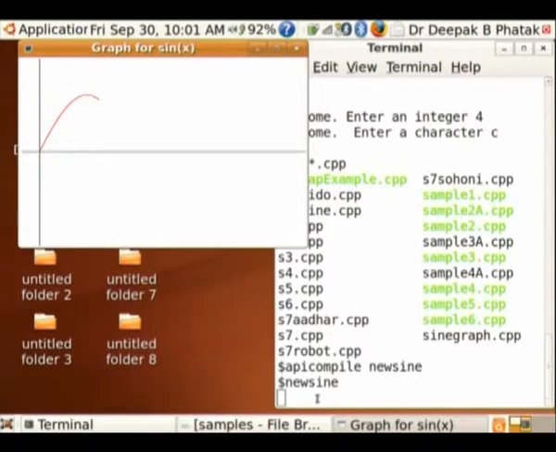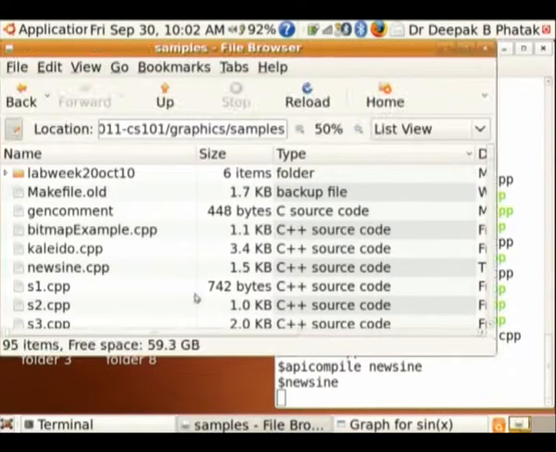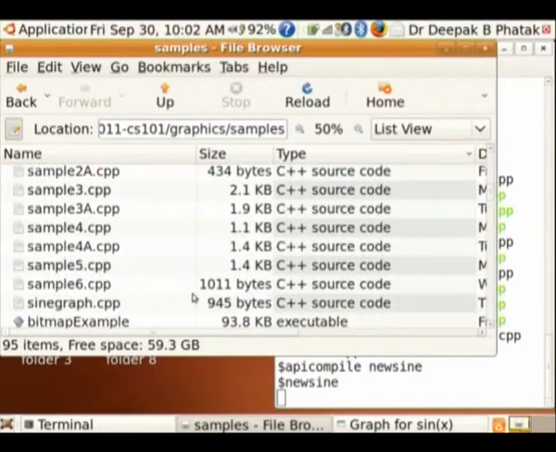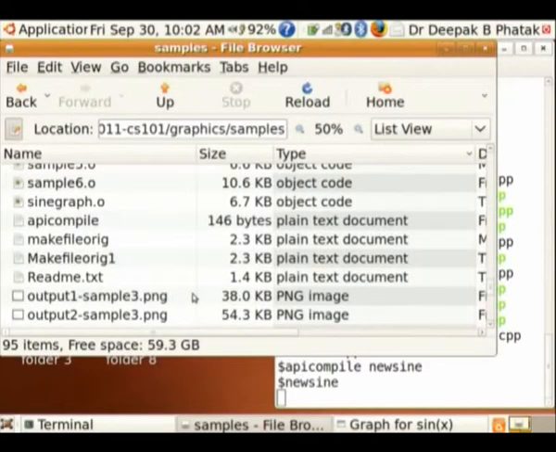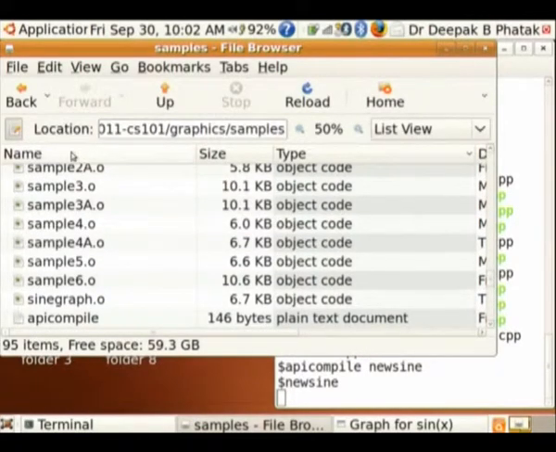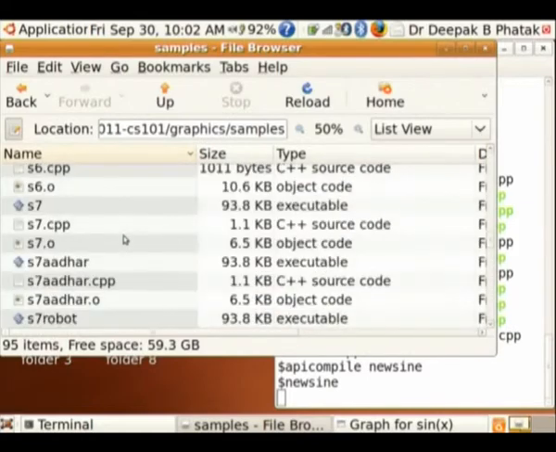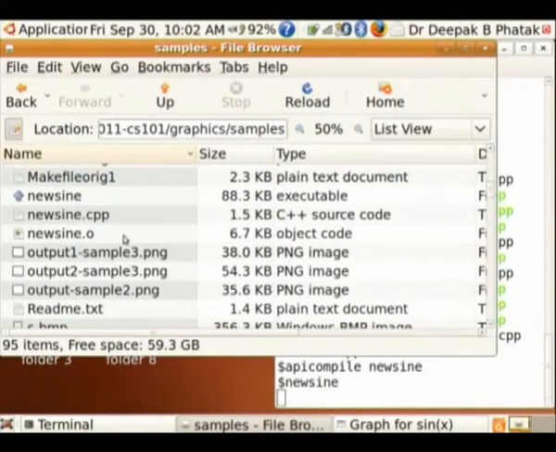Why is it plotting so slowly? Just to illustrate that various points are plotted, after every 500 points, I have put a sleep command. A sleep is another inbuilt function in Ubuntu. After the word sleep, in bracket, you write some number, those many seconds it will sleep. So in fact, it is worthwhile to get the MNOP, the new sine should be here somewhere.